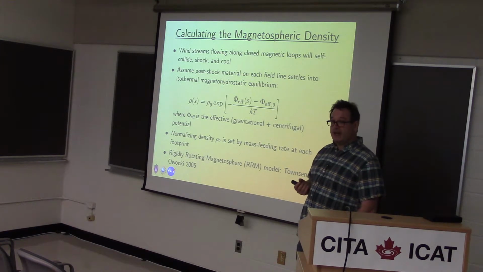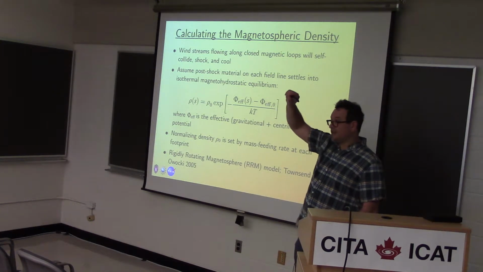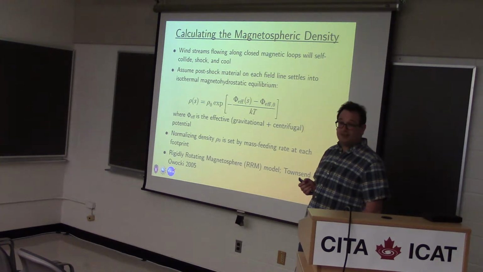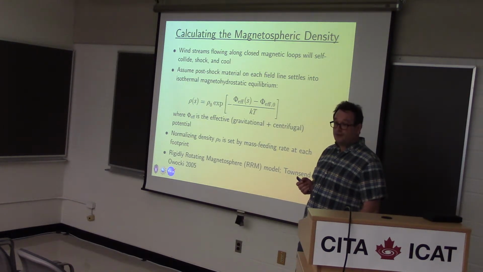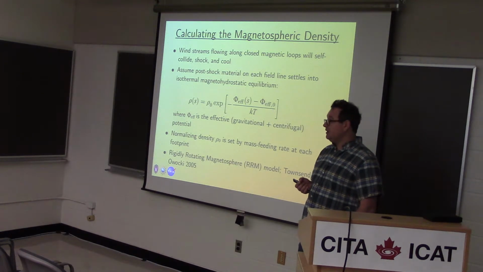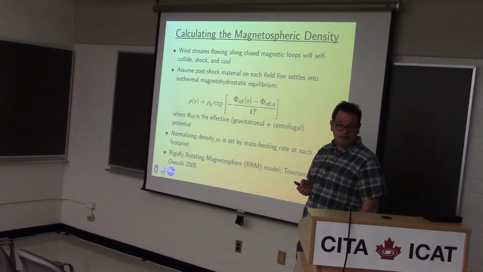As that material, however, cools down, it's eventually going to get back to a temperature close to the photospheric temperature of the star. If the star's not rotating, it's going to eventually fall back down to the surface. It can't balance on the top of a magnetic loop forever, because that's a point of unstable equilibrium. However, if the star's rotating, then the centrifugal force that comes from enforced co-rotation is going to hold that cool post-shock material up and support it against the inward pull of gravity. And material is actually going to begin to accumulate in the circumstellar environment, supported by the centrifugal force. Now, that material won't really be moving around at all.